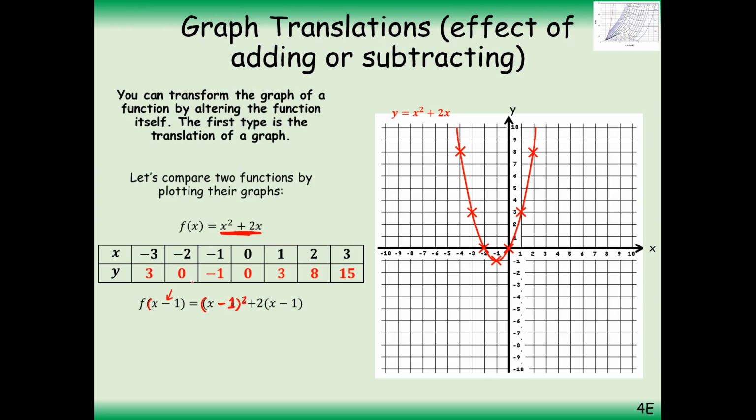And here, when we had this x, we're subtracting 1 before we actually multiply the value by 2. All right, so this is when the change happens inside the bracket, right? Inside the bracket